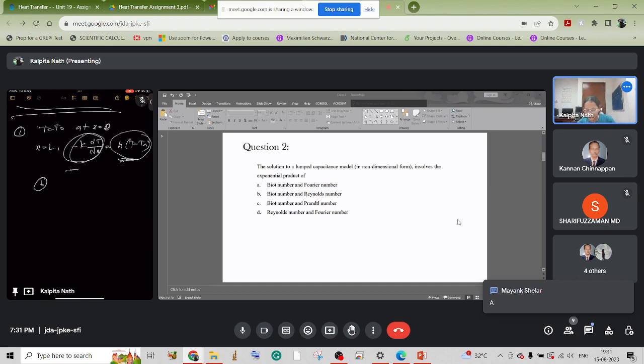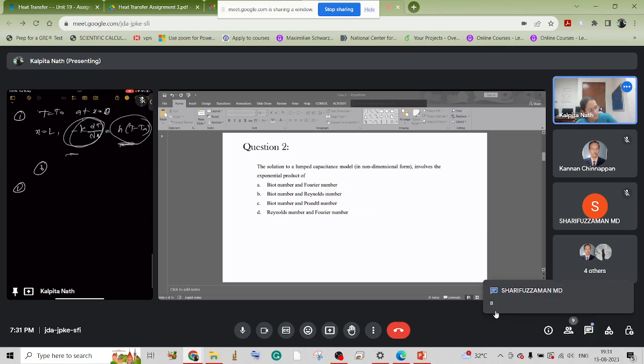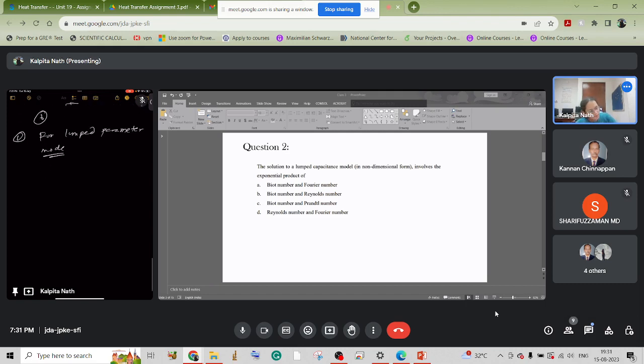Okay, let us have a bit of a recap of what is happening. We have already seen that in the previous class. Still, for the lumped parameter model,